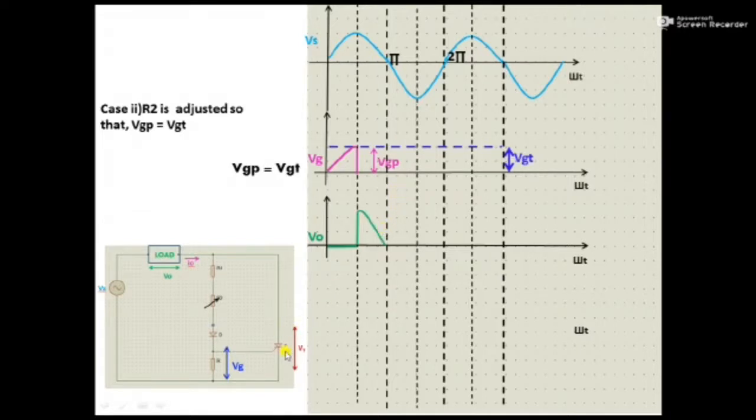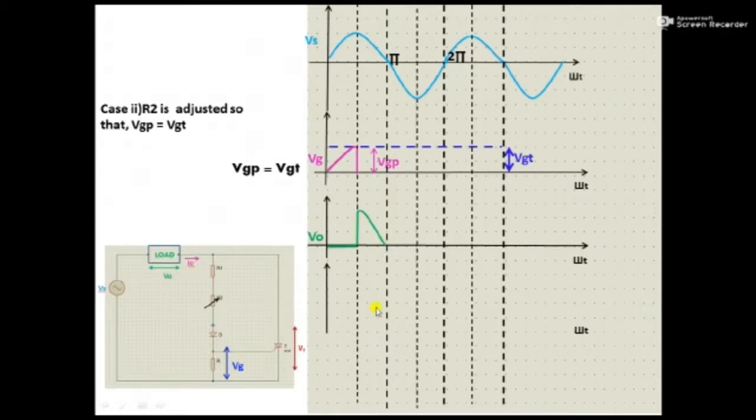Okay, since this is on, the same voltage of Vs which is now here, see this time interval, this much, this is the falling positive half cycle. So this same half of the positive half cycle will appear here across V0. So when the thyristor is on, the same supply voltage Vs is coming across the load V0.